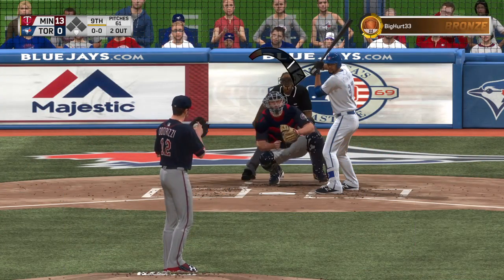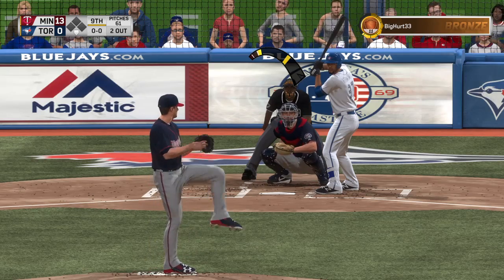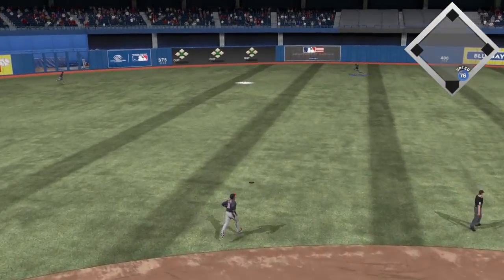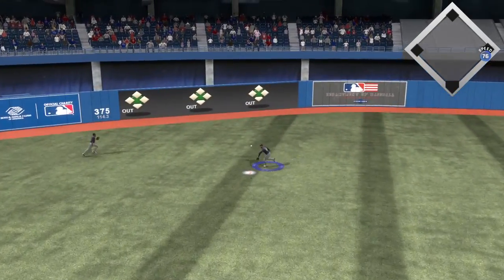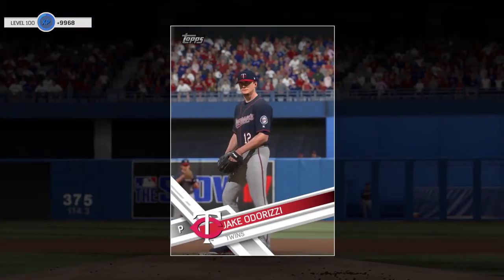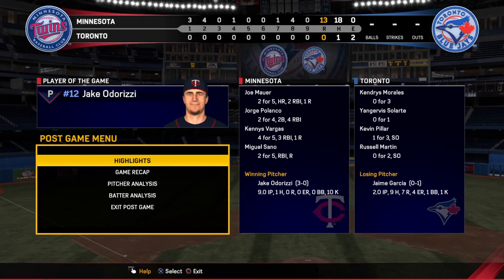Now batting, center fielder. Odorizzi gets the sign. First pitch on its way. Swung on and lifted in the air to left center. Buxton on the move, and he tracks it down. And this ball game is over. Well, we've talked about his dominance all throughout the game, and he ended up finishing what